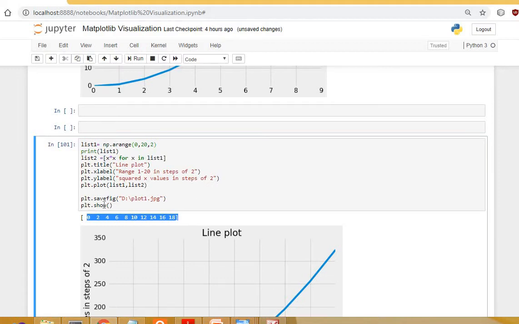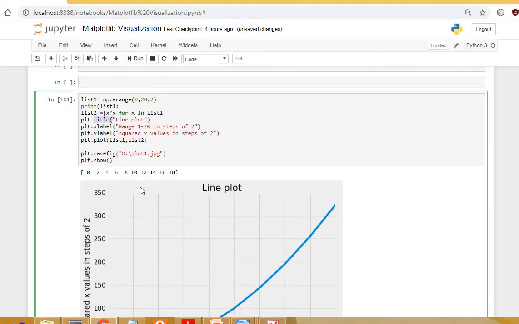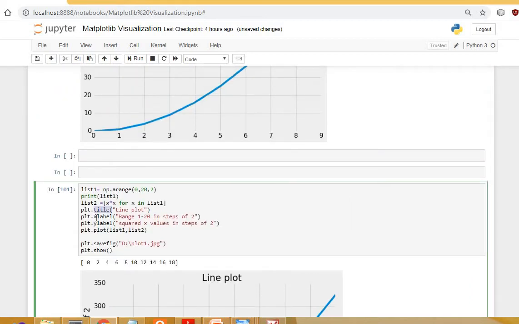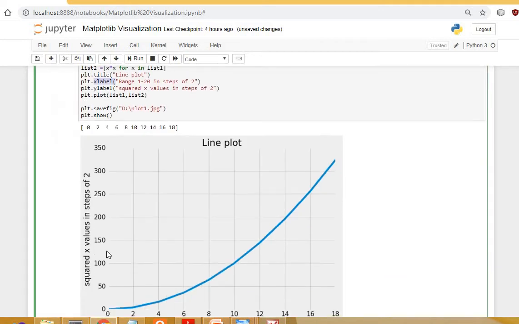List 2 is x square, so we will do the x square for these values for x in list 1. Then we have plt.title as line plot, and the range is 1 to 20. The x label is range 1 to 20 in steps of 2, and the y label is squared x values in steps of 2.